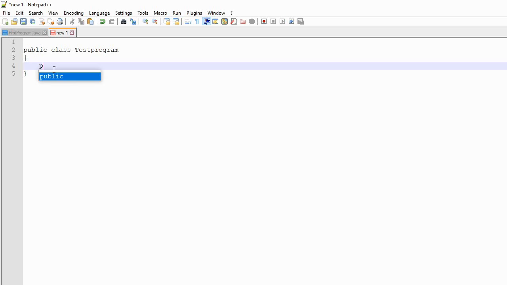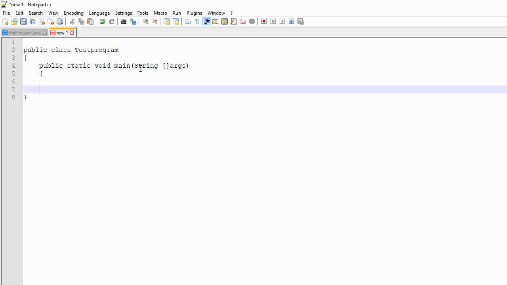So I'm writing public static void main. Okay, so remember one more thing, that when you are writing your Java program, your main function has this format. This main function is always public static. As this function is not going to return anything, I have written void, and in brackets, command line arguments. Okay, and these arguments will be of type String. Okay, so args. So this way you can write your first Java program. Now, this is the structure I have created.